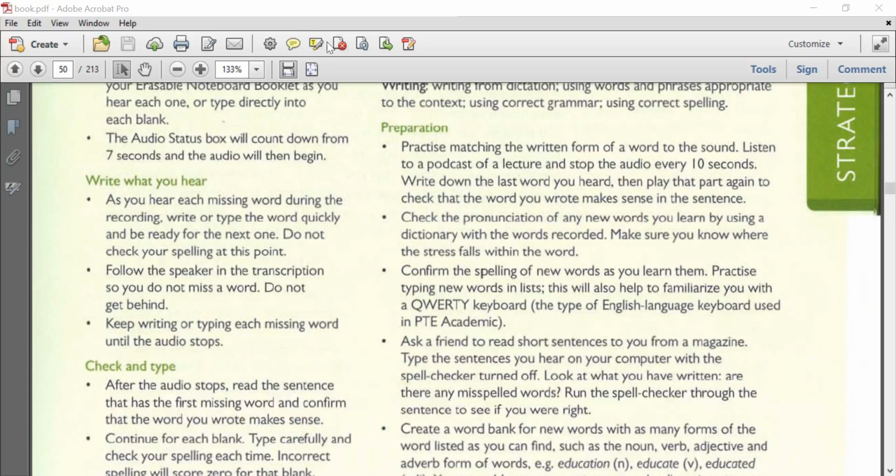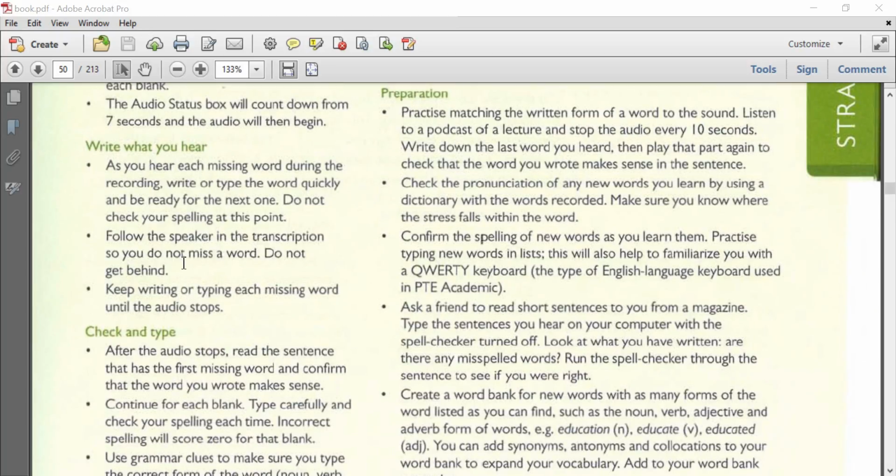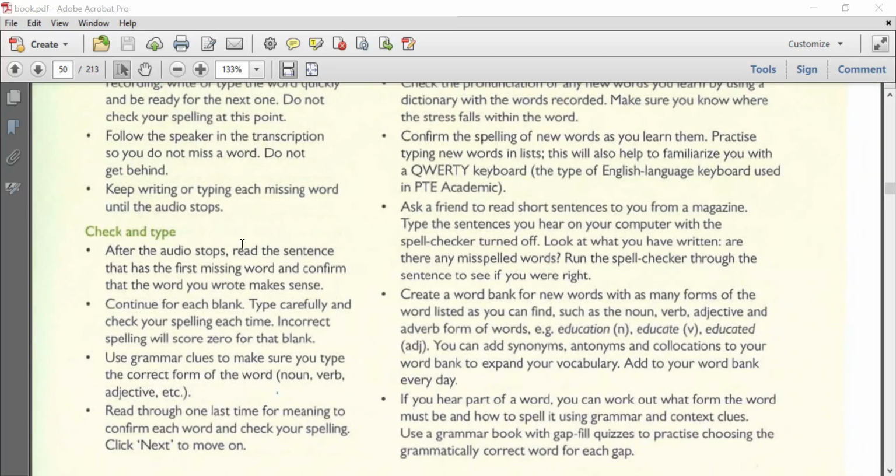បាទអញ្ចឹងគឺយើងគួរតែធ្វើការ type ឬក៏យើងទៅសេបានកាន់តែលឿនកាន់តែល្អ ណាហ្នឹងហើយយើងកុំអាចខ្វល់ពី spelling ជួនកាលយើង type អញ្ចឹងទៅ យើងដឹងថាពាក្យហ្នឹងបាត់ពាក្យអីគេ ប៉ុន្តែគ្រាន់តែ spelling ជួនកាលខុសអីអញ្ចឹង អាហ្នឹងយើងអាចត្រឡប់មកវិញកែបាន។ Follow the speaker in transcription so that you do not miss a word. Do not get behind បាទ កុំឲ្យយឺតពេក គេ record បាត់ហើយ យើងនឹកមើលខាងផ្នែកក្រោយហ្នឹងហើយ។ Keep writing and typing each missing word until the audio stops